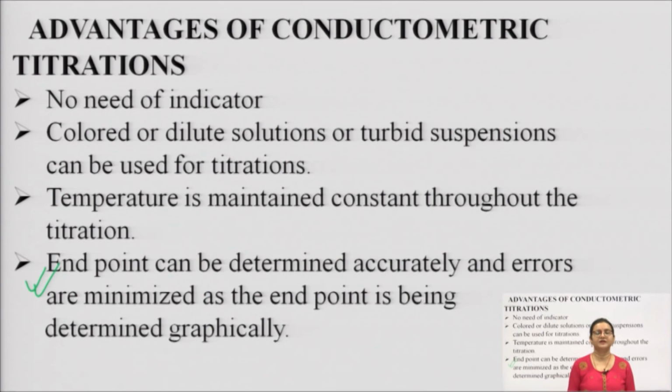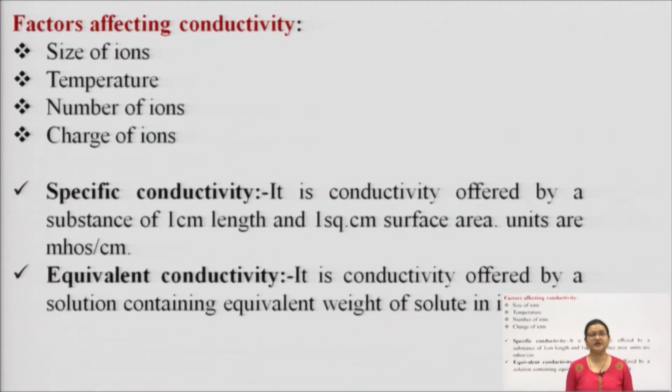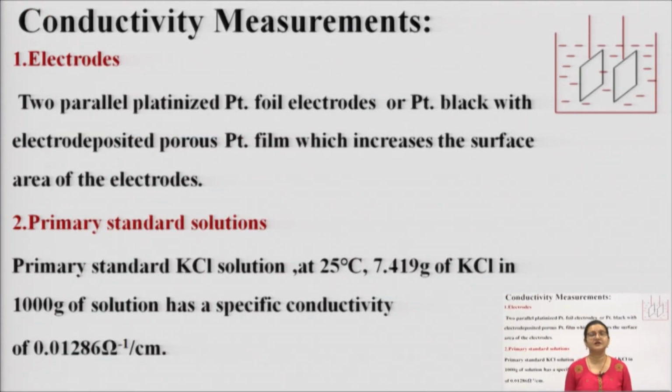So, we can summarize it. What is conductometric titration? Conductometric titration is a sort of titration which depends upon the measurement of generated current, which indirectly depends upon the measurement of generated voltage, and which directly depends upon the conductance of charged ions or the number of ions present in the analyte. And that is, my dear, the concentration of the analytical solution, the analyte in the study or our test solution.